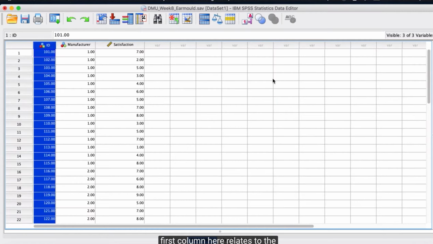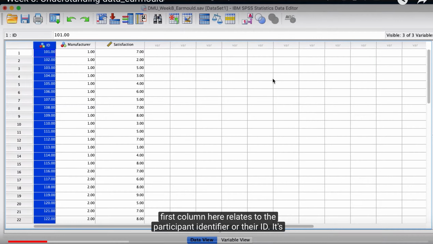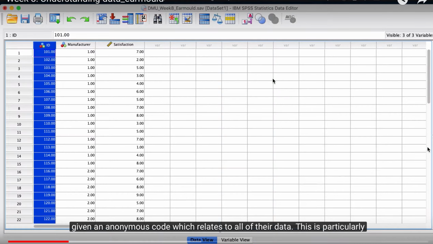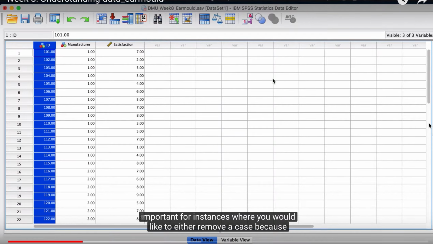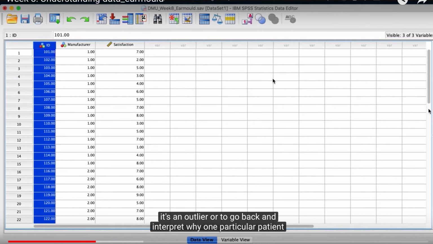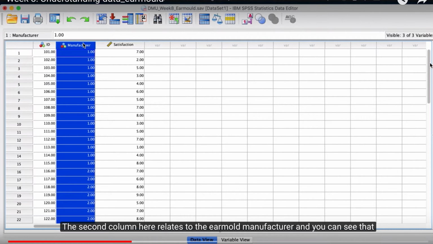The first column here relates to the participant identifier, or their ID. It's common practice amongst research that every single person who takes part is given an anonymous code which relates to all of their data. This is particularly important for instances where you would like to either remove a case because it's an outlier, or to go back and interpret why one particular patient might be skewing data. None of the examples we look at worry about the participant ID, but it's important for you to know that's what it means. The second column here relates to the ear mould